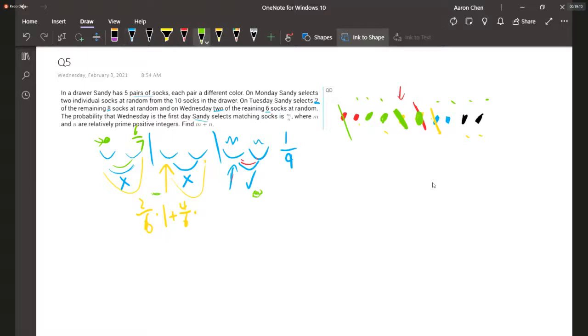In this case, you would then have a different color taken out, and there's a total of 5 socks left over, one of which matches with the color of the one here. And so that's the probability of 4/5 that the colors also do not match. And so the answer is the chance that these two don't match, which is 6/7, times the probability that the third and the fourth don't match, which is 1/3 plus 2/3 times 4/5, times the probability